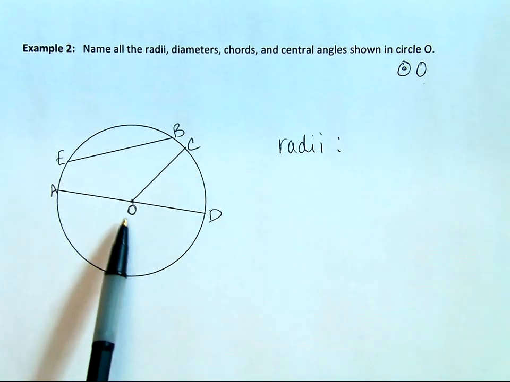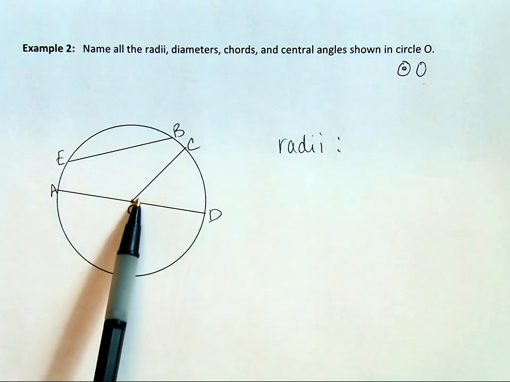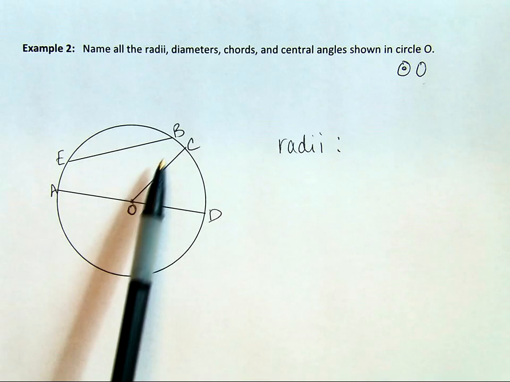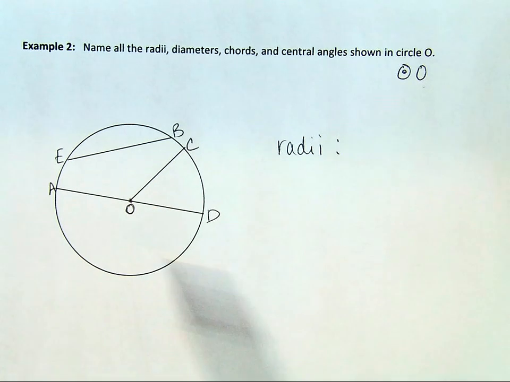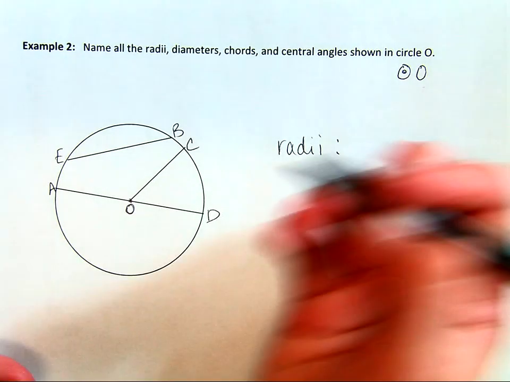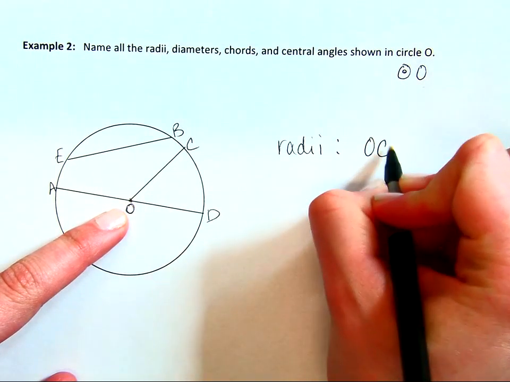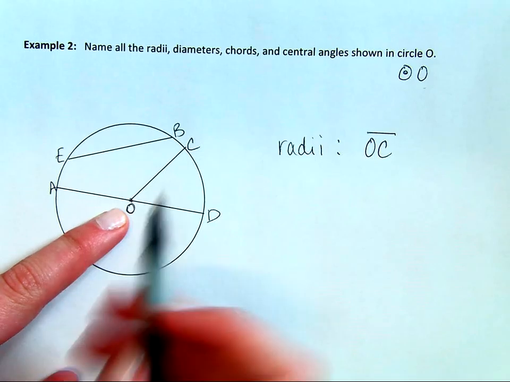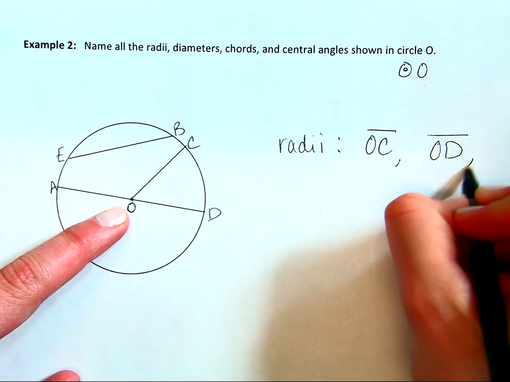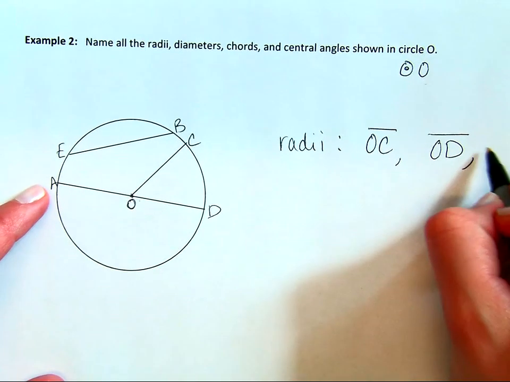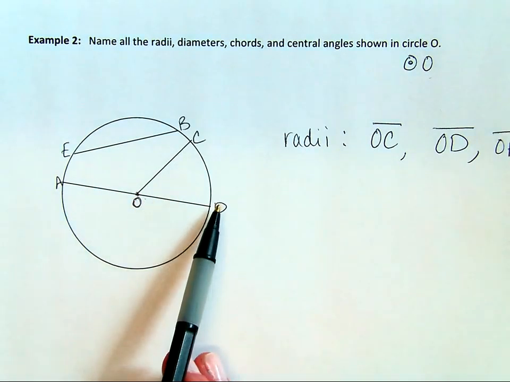Well, I know my radii are going to go from the center to the edge of the circle. So all of these here are radii. Now, how do we label those? Well, all of these are segments. So the way I label a segment, I'll do this one first, from here to here, I'm going to call this segment OC. That's one of them. Then we've got OD. And we have OA. Those are all radii because they start at the center and they go to the edge